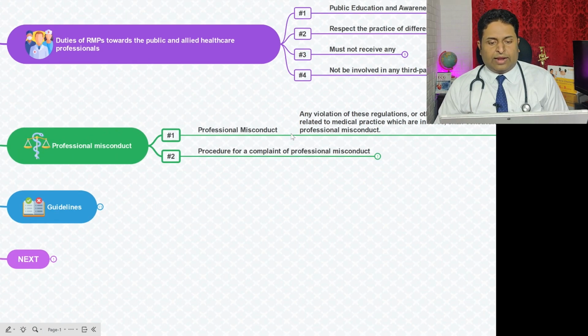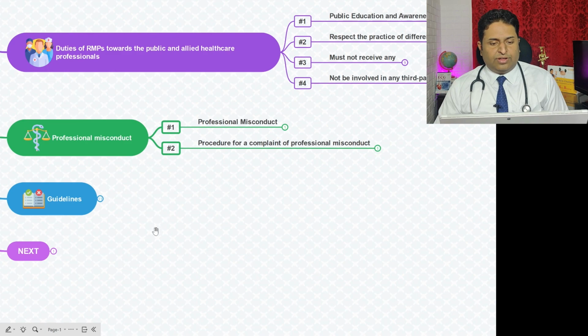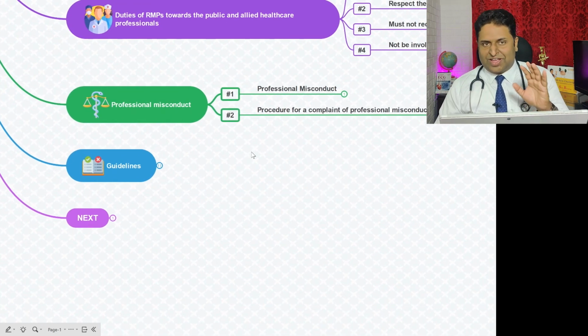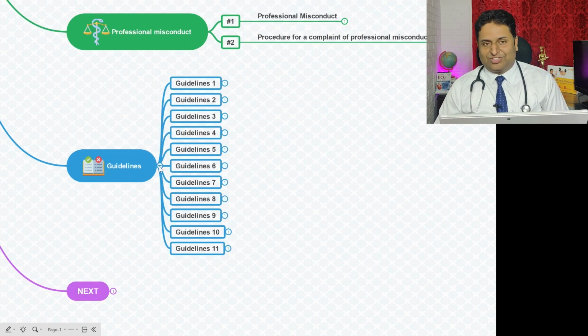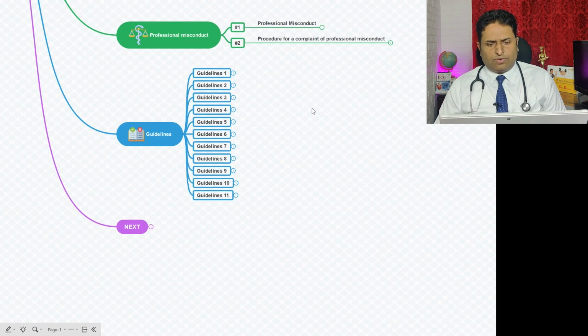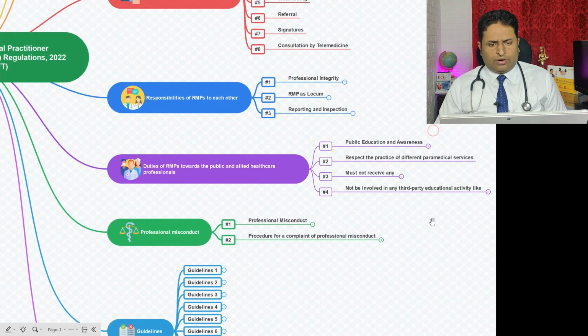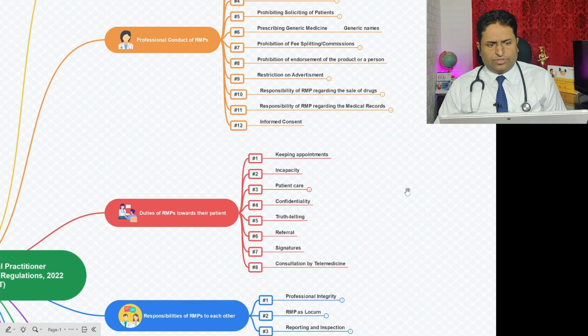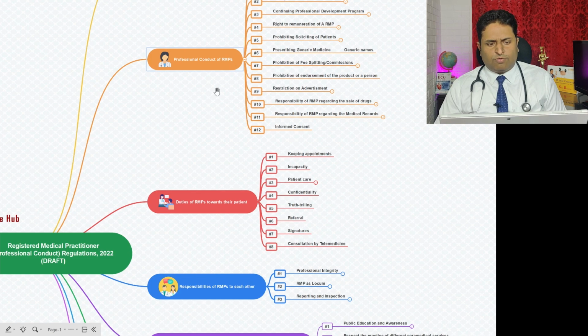Okay, right. So now we'll get into the next part, where it becomes very interesting. There are 2 points which are very highlighted in this, and very strong guidelines have been given. What we discussed till now: we looked into the professional conduct of RMPs.